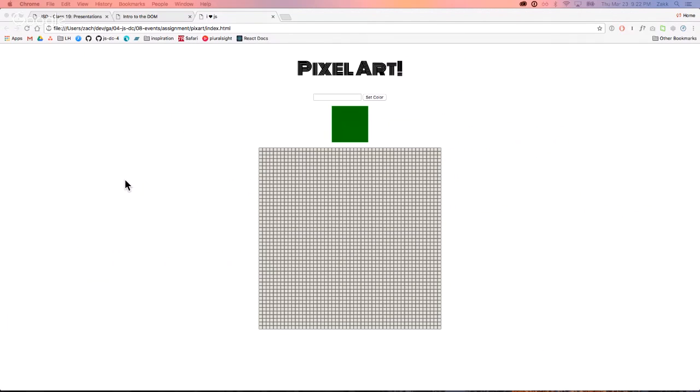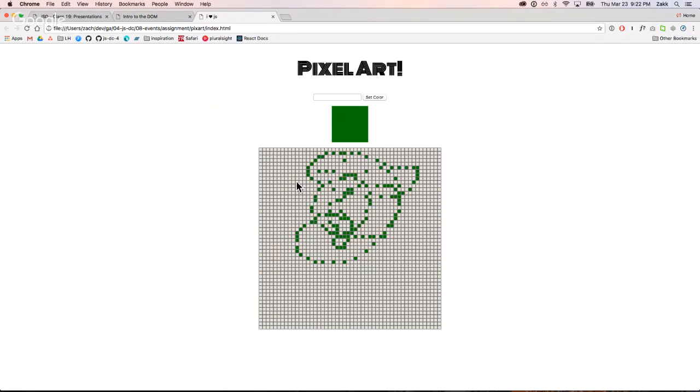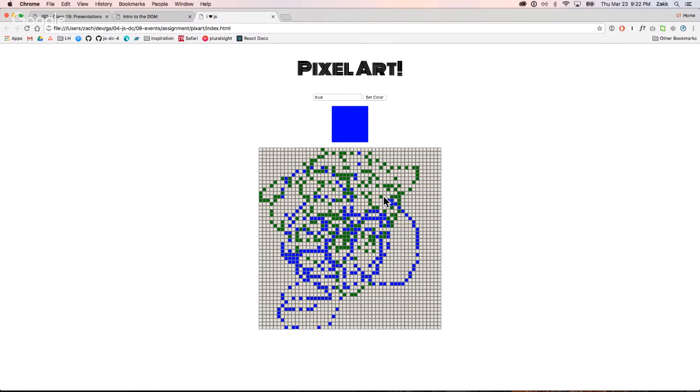Yeah, this is kind of like Minesweeper, but we're going to do something like this. Actually, yeah. This is what you guys are going to do for homework. Or we can do something like blue. Add some red. Oh, pink. I don't know if you can add hex values. Maybe. I don't think I built it out to do that, but it might work anyway. Those are all values, it just changes them. Yeah, perfect. So this is what we're going to do for homework, but instead of creating 500 event listeners, now